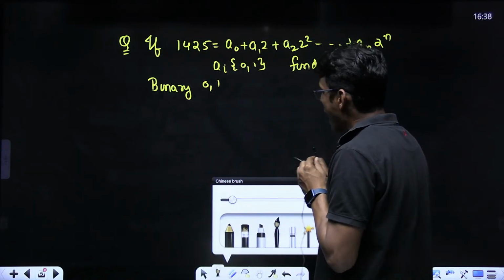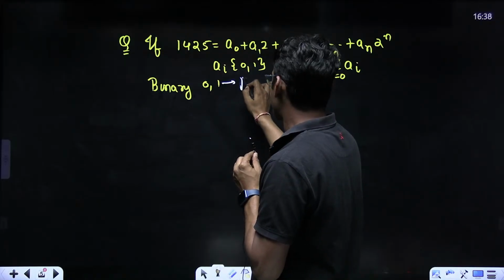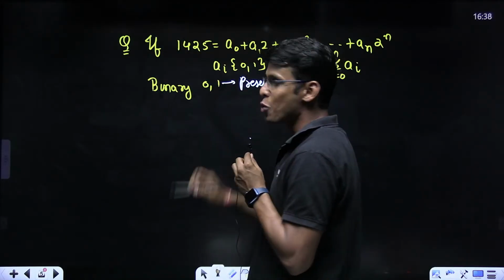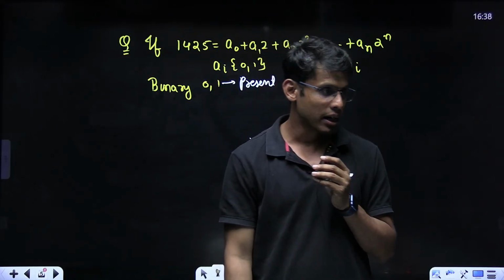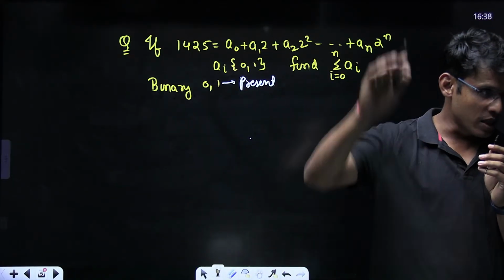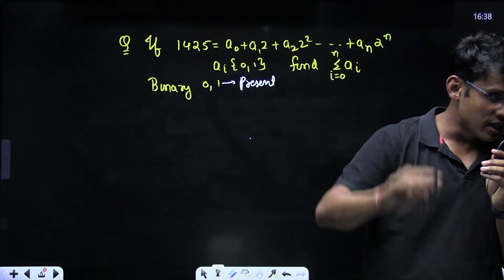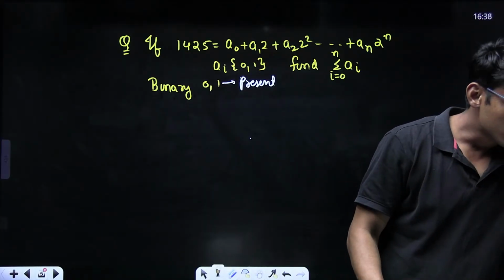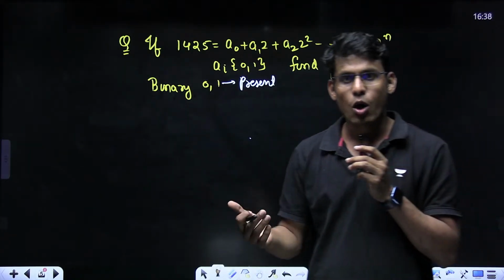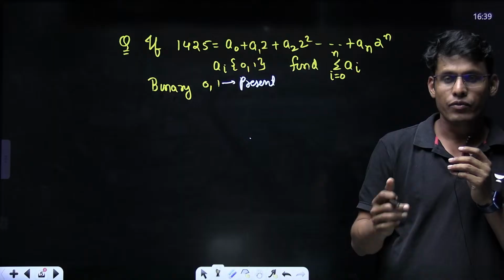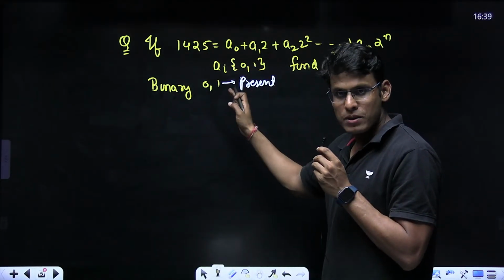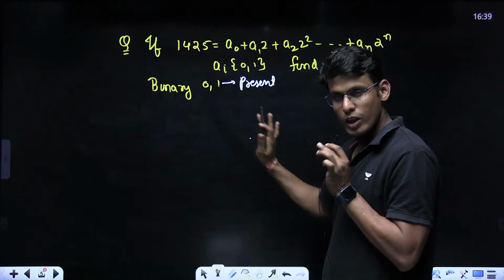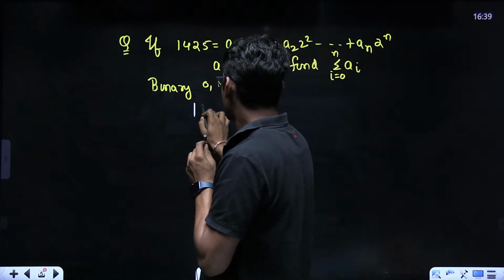Now I am interpreting 1 as present. Right, in school we have present and absent, no? Like your teacher must be asking your name, right? Rachit, you say present ma'am. Girish, present sir. Saharsh, present sir, right? This is how it is. But if you say Yash, he will be absent, he will not say anything. So we are writing 0 for absent, 1 for present. Okay, so the trick here is,